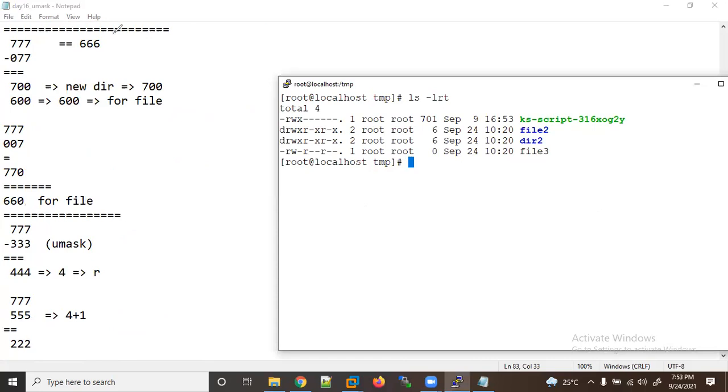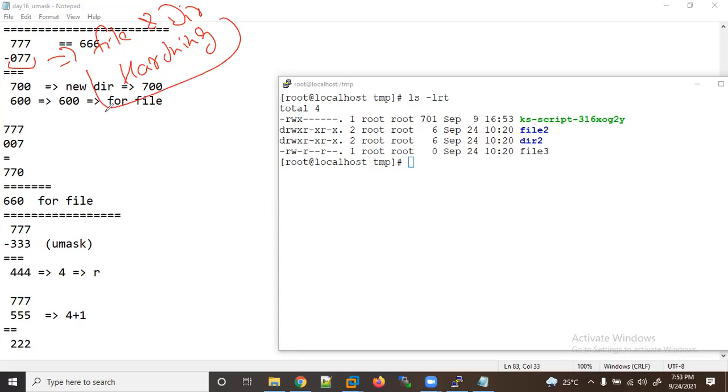We are using umask 077 for file and directory hardening. Hardening means you want to make it more secure. If you give 077, you will get 700 for a directory and 600 for a file.